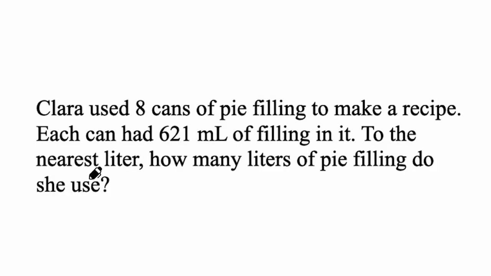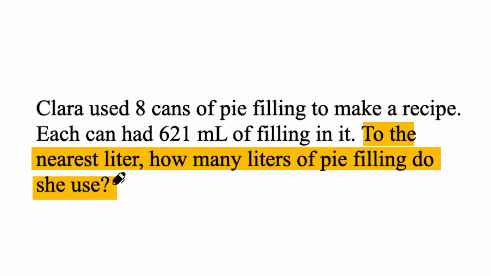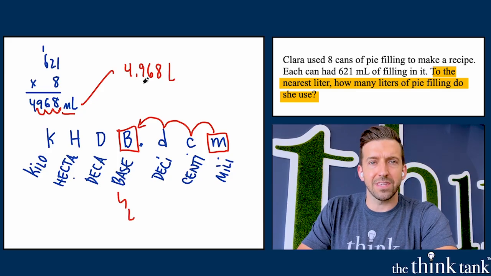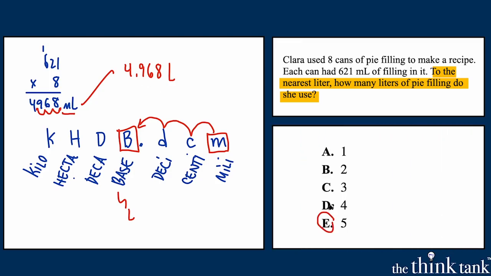And the question asks to the nearest liter, how many liters of pie filling did she use? Pretty clearly, this is closer to 5 than it is to 4, right? Because the 9 is going to round us up. So she used pretty darn close to 5 liters of pie filling. But our answer is E. And if you got that right,